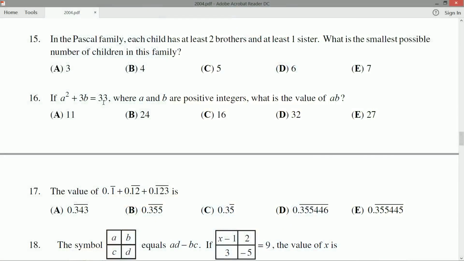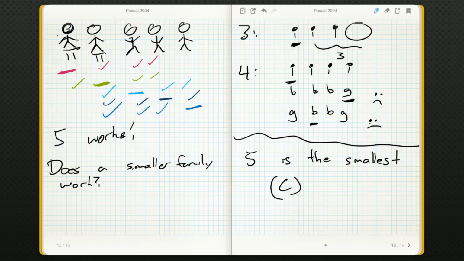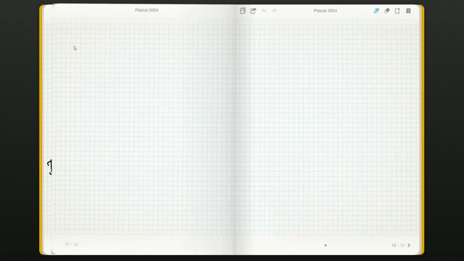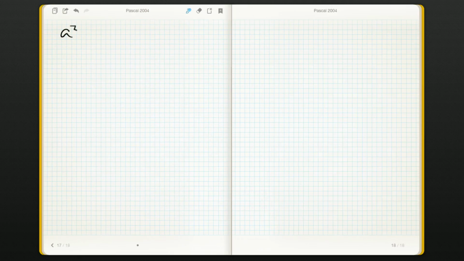So the first step that I'm going to do is I'm going to write down this equation in my notepad. Notice, for example, if you wanted to make a chart, the A value has to be somewhere between 1 to